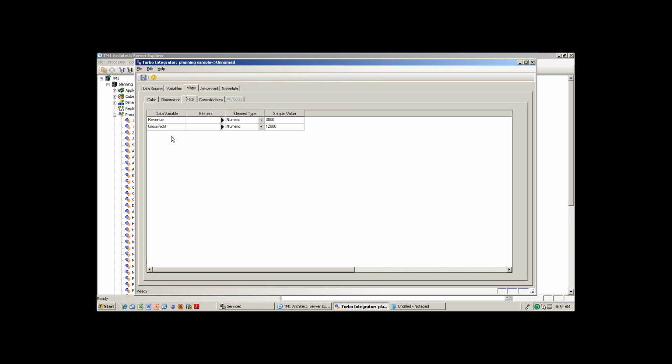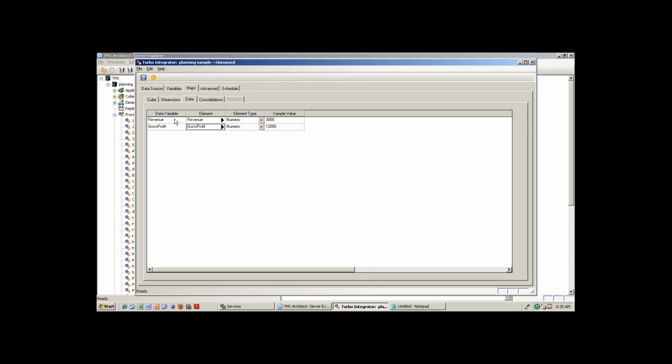Okay, revenue and gross profit values. So which element do you need to take? Revenue value only for revenue, am I right? Because sometimes you may rename the data variable, that's the reason. So revenue value only, I need to take revenue value. Gross profit. Sometimes you can rename the data variable for look and feel purposes. But yes, you can rename anything here, but you take the correct element which is from the CSV. Okay, I am taking the same value because I don't want to change anything.